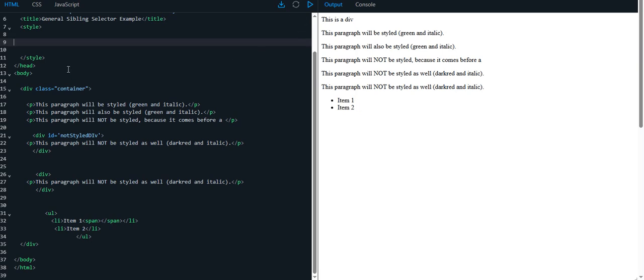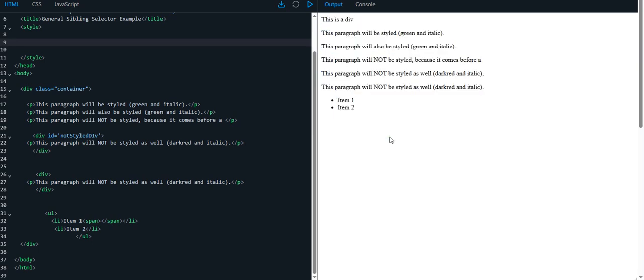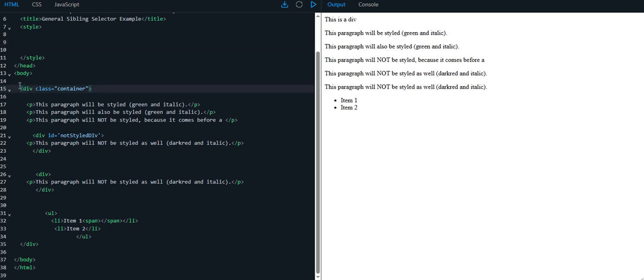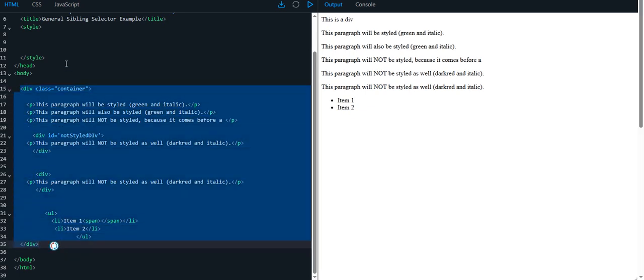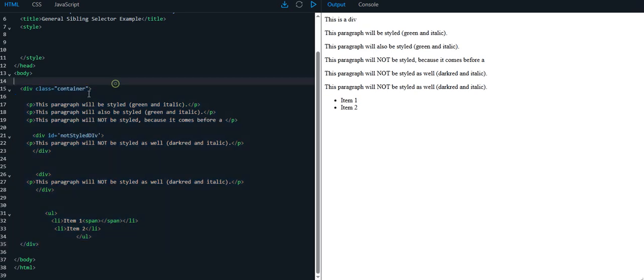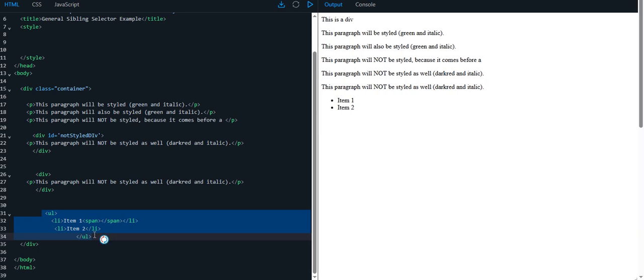Presently without CSS, this is my HTML, a static HTML. Let me show you my HTML. I have a main div. This is one div with class container, and inside this div I have a paragraph, also another div, and also I have an unordered list with list items. Okay,